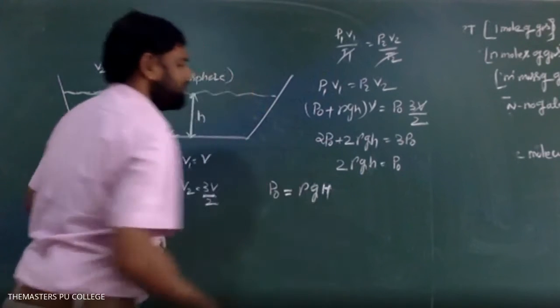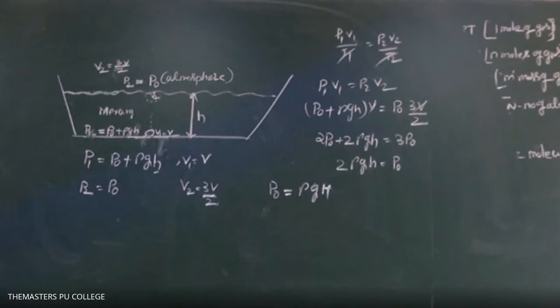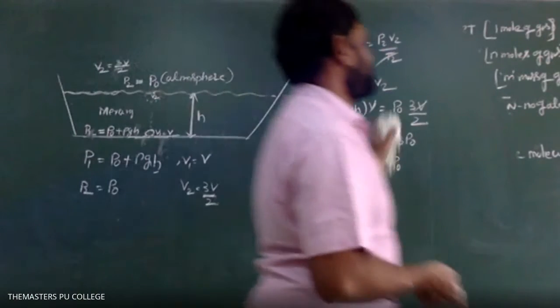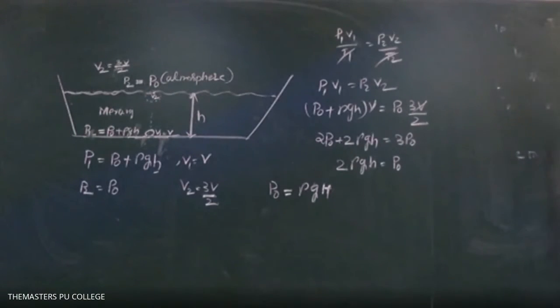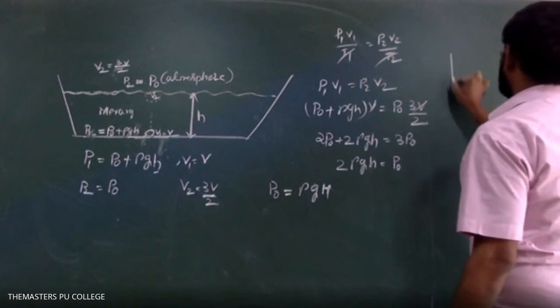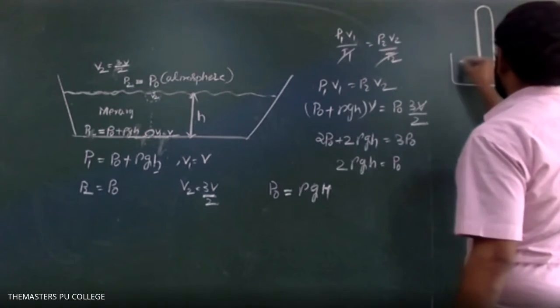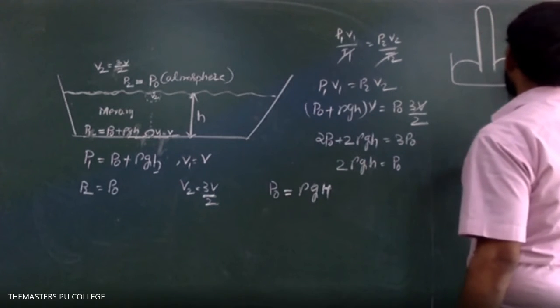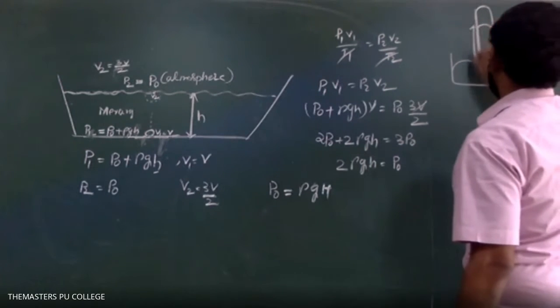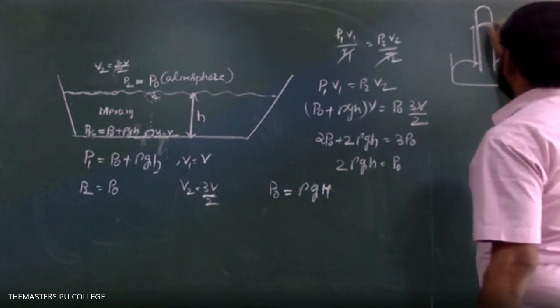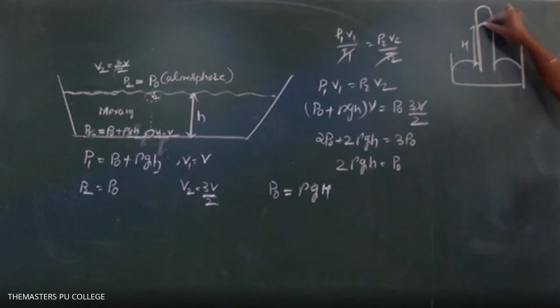Atmospheric pressure is measured in terms of the height of the mercury column. We have already discussed atmospheric pressure. A barometer is used to measure it. This is an inverted glass tube, like this barometer, and this is the height of the mercury column. The mercury column exerts a certain pressure, and the atmosphere also exerts the same pressure. Why?